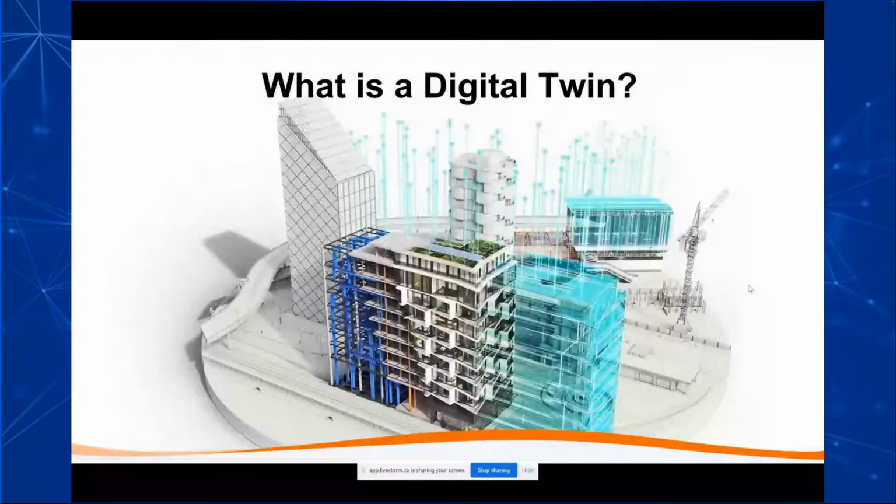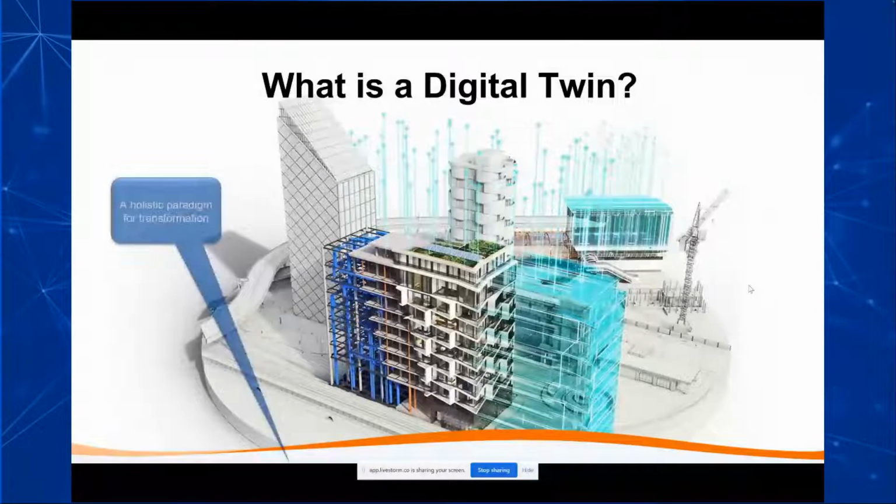So now that we've seen what a digital twin can look like, let's talk about what a digital twin is. Well, one definition I've heard from a number of people in the industry is a holistic paradigm for transformation. I kind of put that in a little bit in jest, but seriously, a lot of people have talked about it in very vague and abstract terms. That may be helpful when initially considering what a digital twin could be to an organization. But when it gets down to actually building and creating a digital twin, I think we need